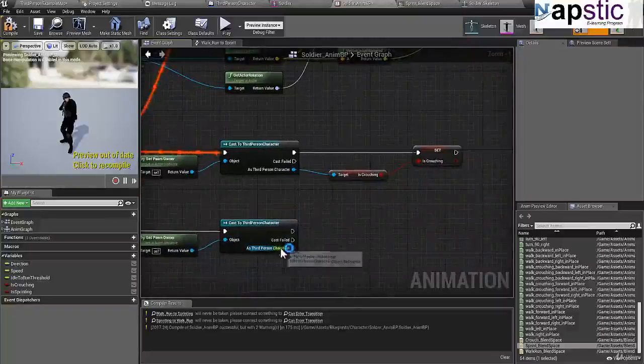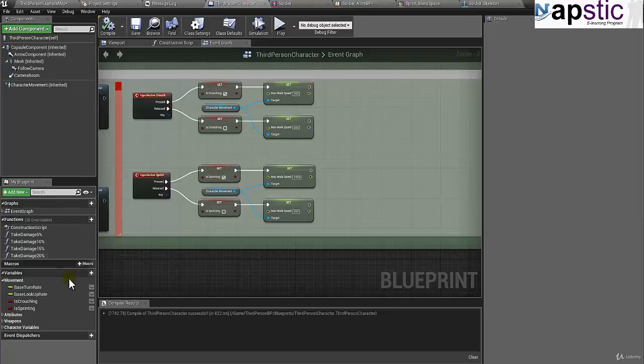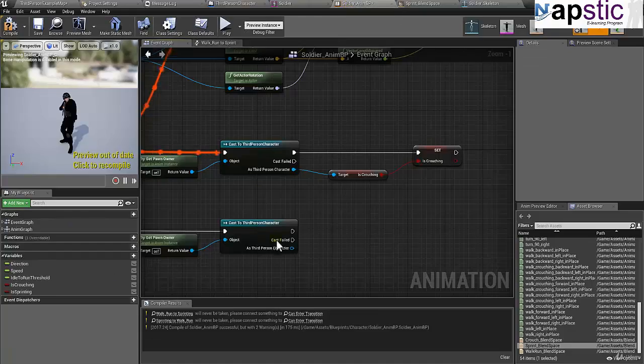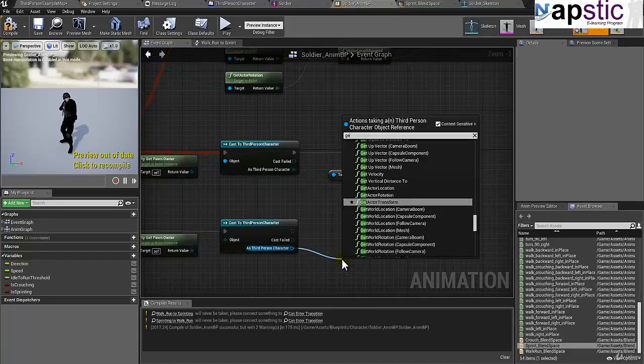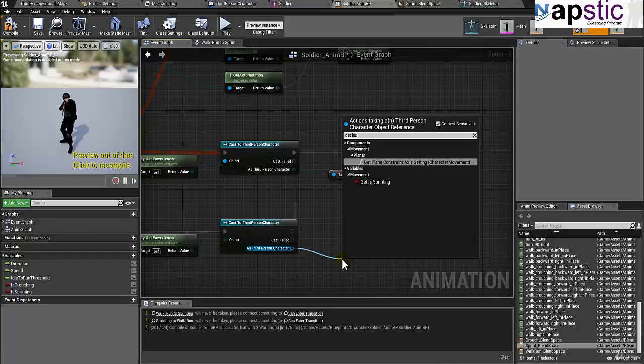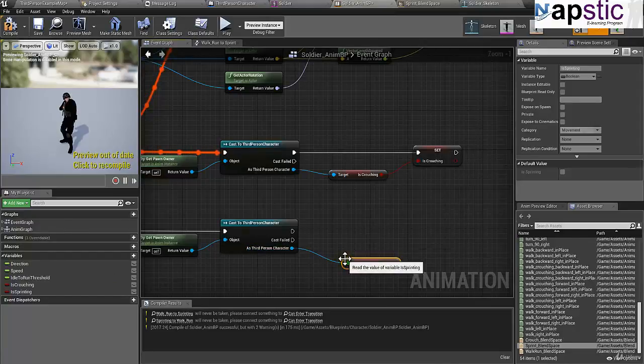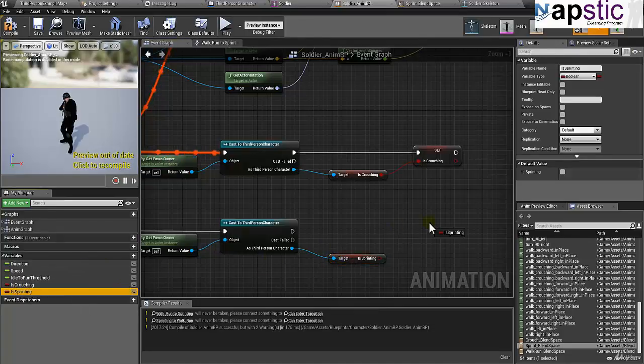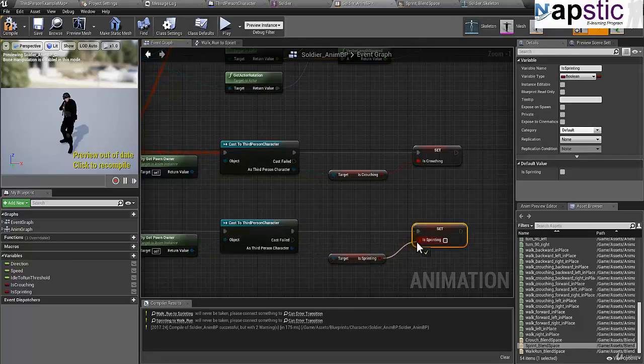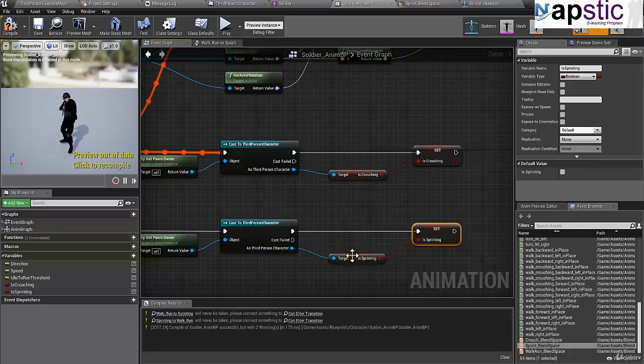And from here, as third person character, I'll have to look for this particular variable which is there inside the third person character blueprint. So I'll say get is sprinting. There it is. And once that's there, I'll get this sprinting and I'll set it here. So that completes the cycle. Very similar. And then again, I'll connect this. So now whatever state is sprinting is going to be the state of the local variable for the animation